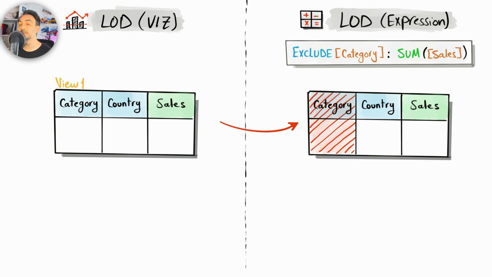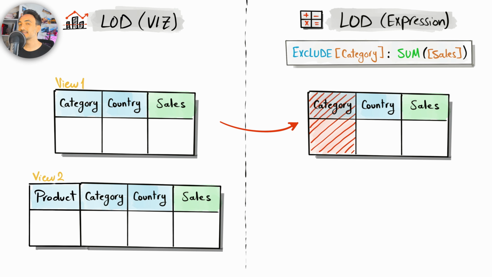So it's gonna remove the category from the dimensions, and that means on the LOD expression now in this example, we have the country that's gonna control the level of details in the LOD expressions, and Tableau gonna do the aggregations again depending on this dimension. So that means the exclude function will always remove the dimensions that is specified in the calculation. And here the big difference between the exclude and the fixed: exclude is depending on the dimensions that we have